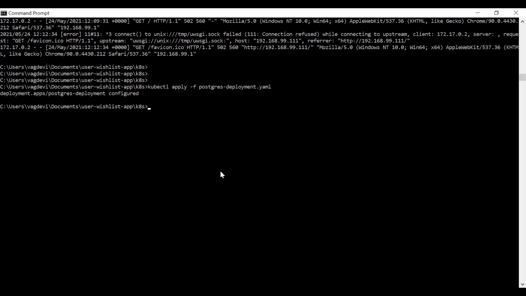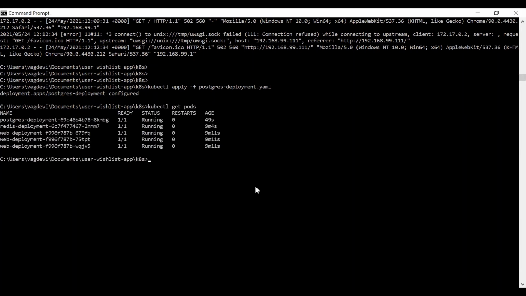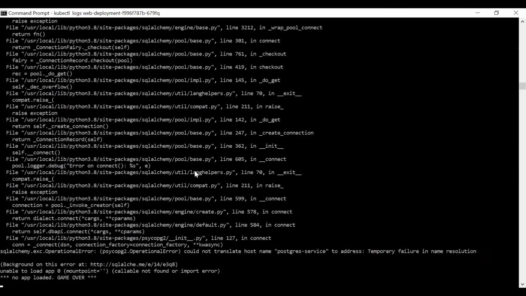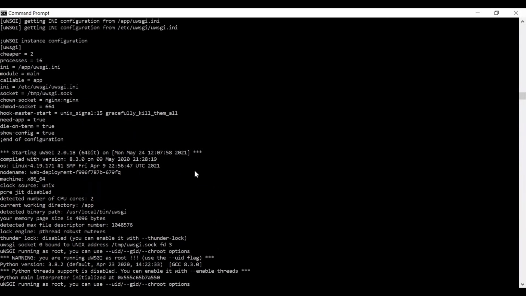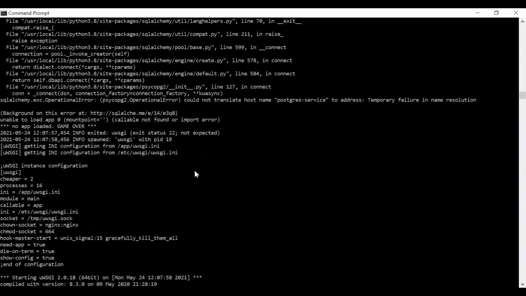Okay, so now let us again check the pods. Now let us check the logs. Kubectl logs of this web deployment. Okay, so there seems to be nothing harmful.